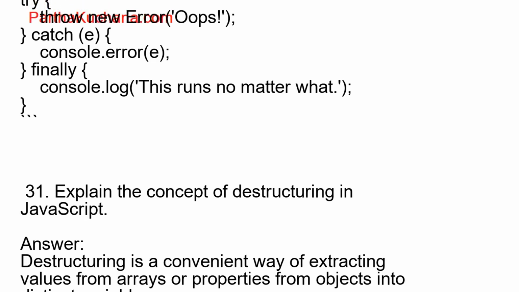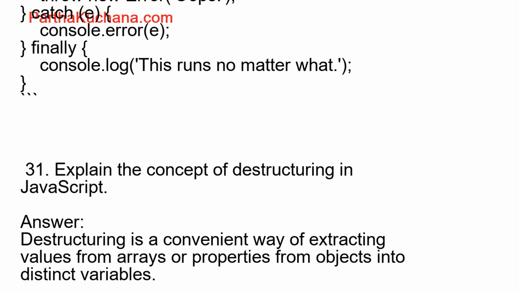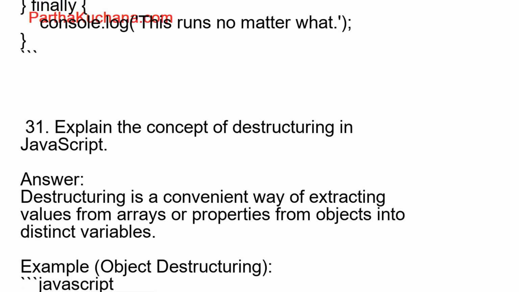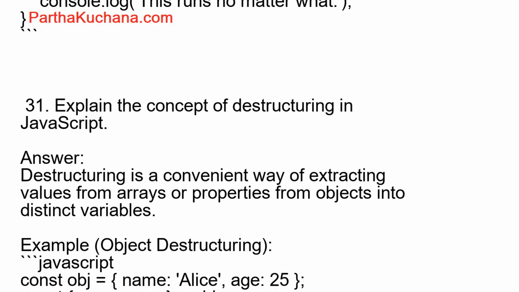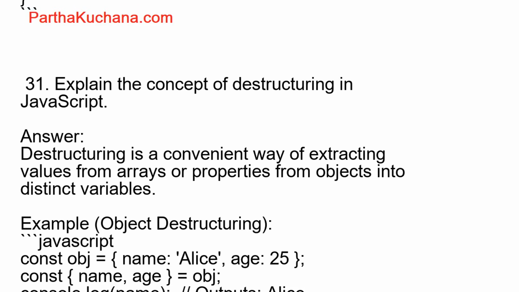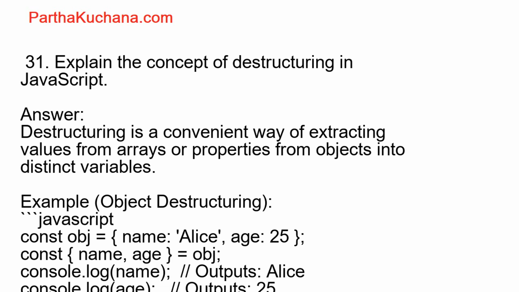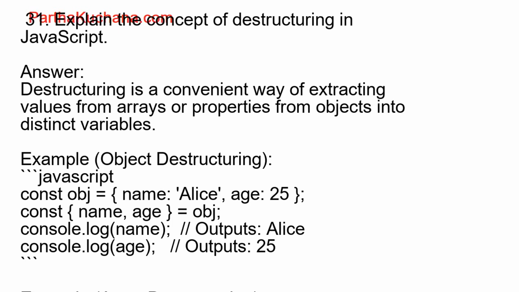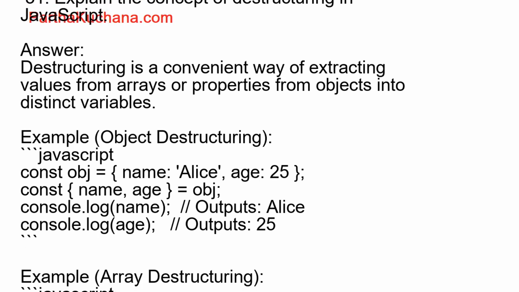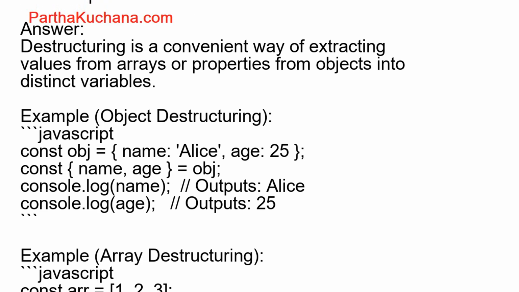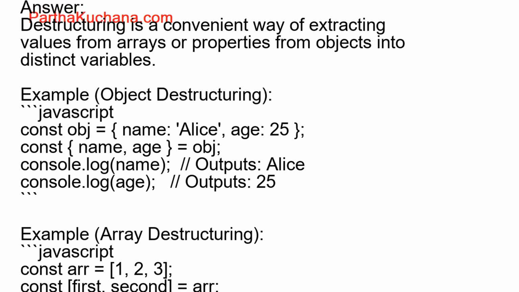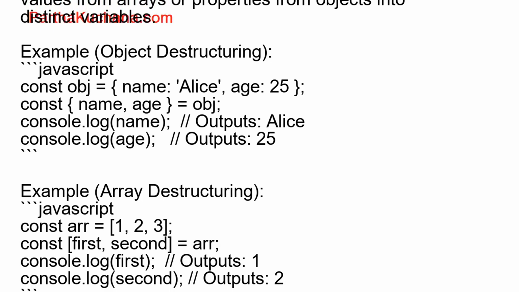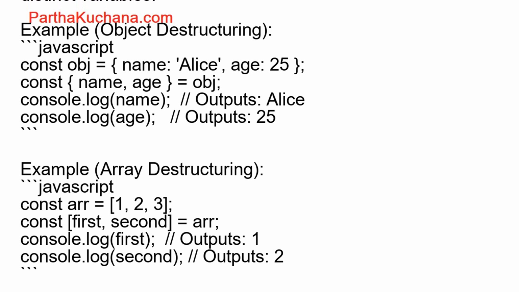33. How do you polyfill a feature in JavaScript? Answer. A polyfill is a piece of code that provides modern functionality on older browsers that do not natively support it. It's often used to implement newer ECMAScript methods in older environments. Example, for Array.prototype.includes, JavaScript. if (!Array.prototype.includes) { Array.prototype.includes = function(searchElement) { return this.indexOf(searchElement) !== -1; } }